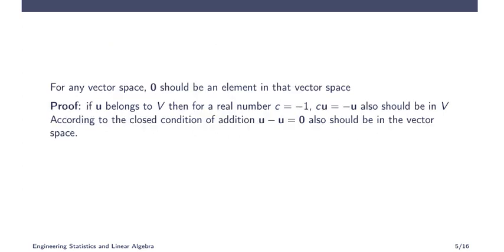There is a statement: for any vector space, the 0 vector should be an element in the vector space. 0 vector means here 0 is in bold, so be careful about that. It is not just the number 0. If it is a one-dimensional space, it is 0. If it is a two-dimensional space, it is (0, 0). If it is a three-dimensional space, it is (0, 0, 0). So in two dimensions, along x it is 0 and along y also 0. In three dimensions, x, y, z are there, so (0, 0, 0). So you can define n dimensions also.